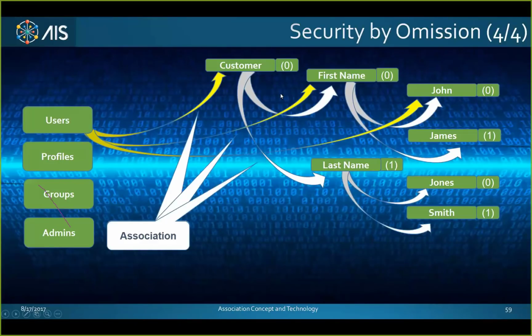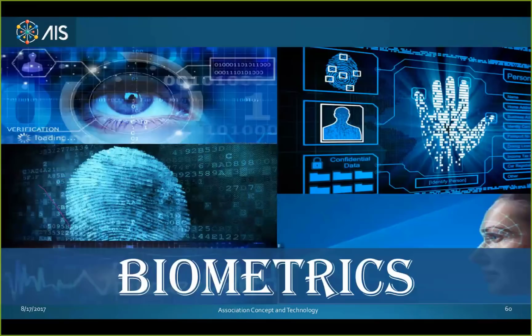It's just not there. As opposed to an Excel spreadsheet where you can hide columns, the data is in the column. Hidden or not, it can be hacked and it can be opened. In our world, the data simply isn't there. If you don't have a pointer to that element, you're not going to find it. So that makes hacking even more difficult.